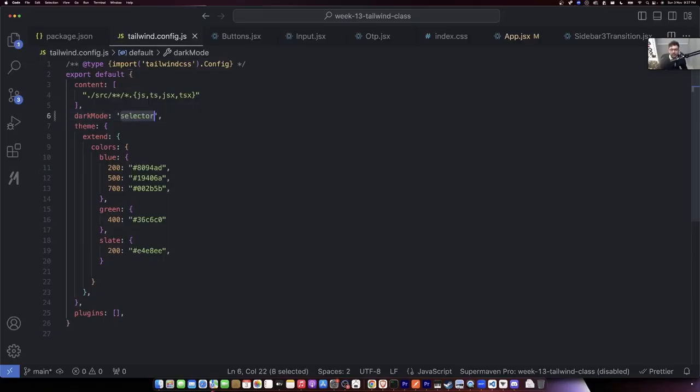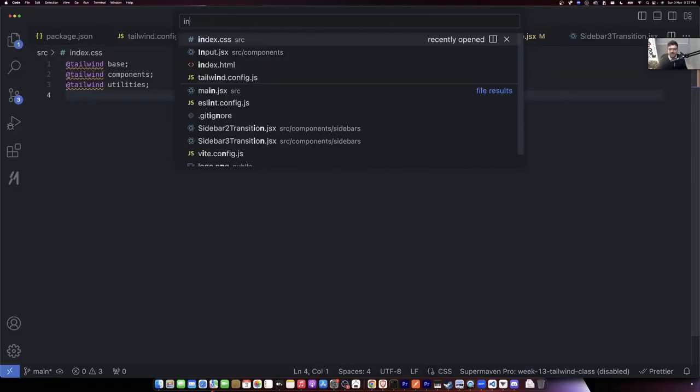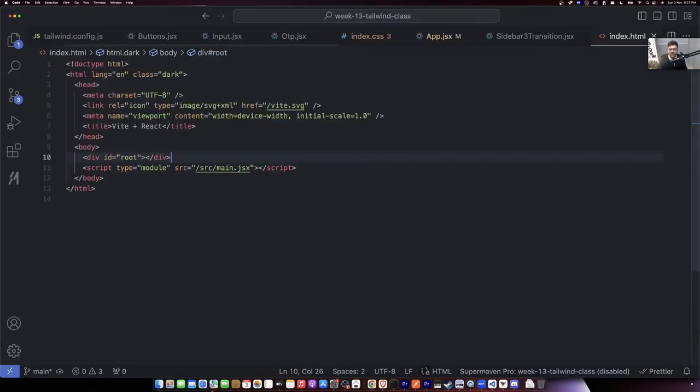Number one, in your tailwind.config.js, you have to set dark mode to be selector. You do not want to depend on the operating system anymore. You want the dark mode to be decided based on a selector. What is this selector? It is